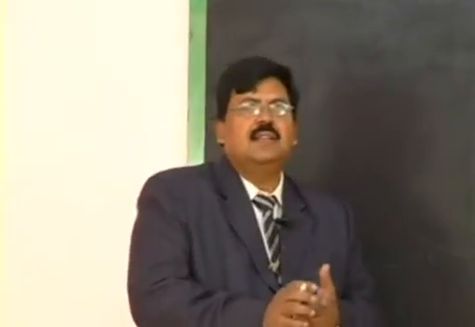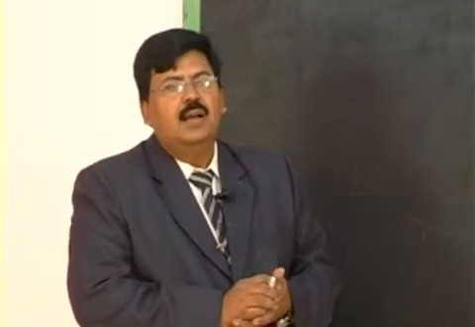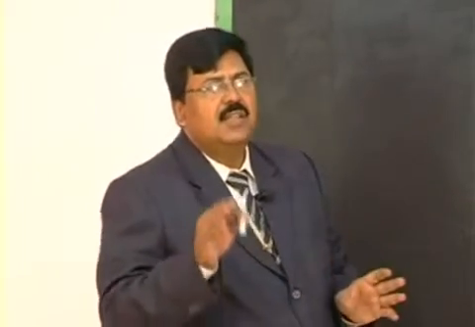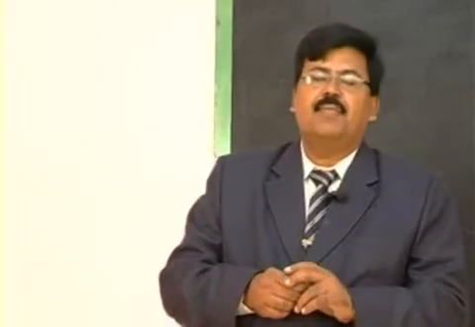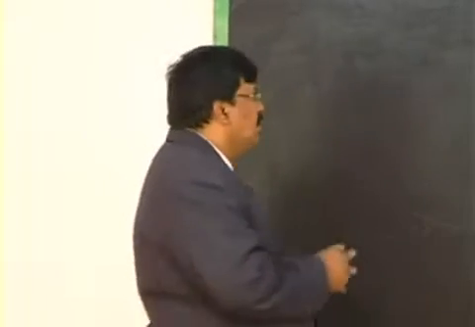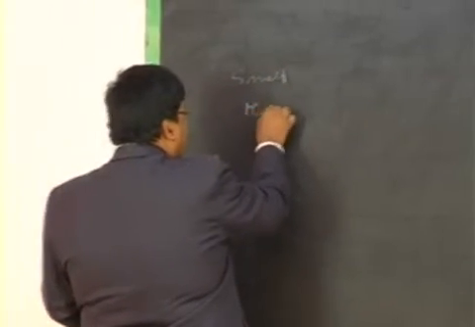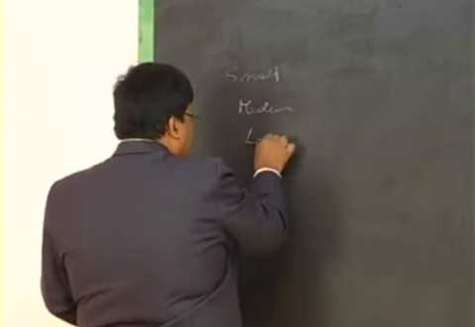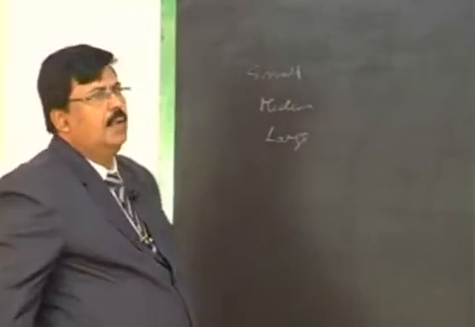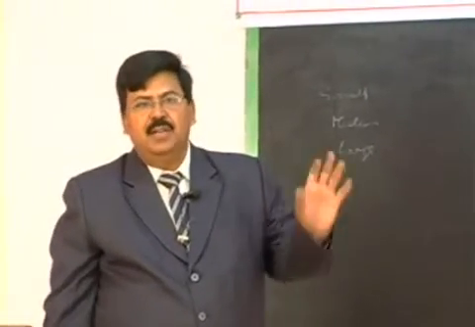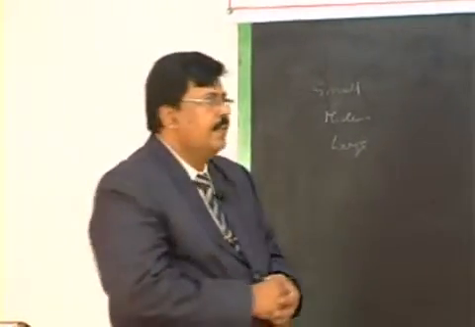So to explain the long run average cost, take the case of an entrepreneur who wants to install a given type of machinery, and the technology is such that there are three types of machinery available. The first one is a small sized machine, and a medium sized one, and a large sized machine. So in the industry, there are three types of machines available: small size, medium size and large size.